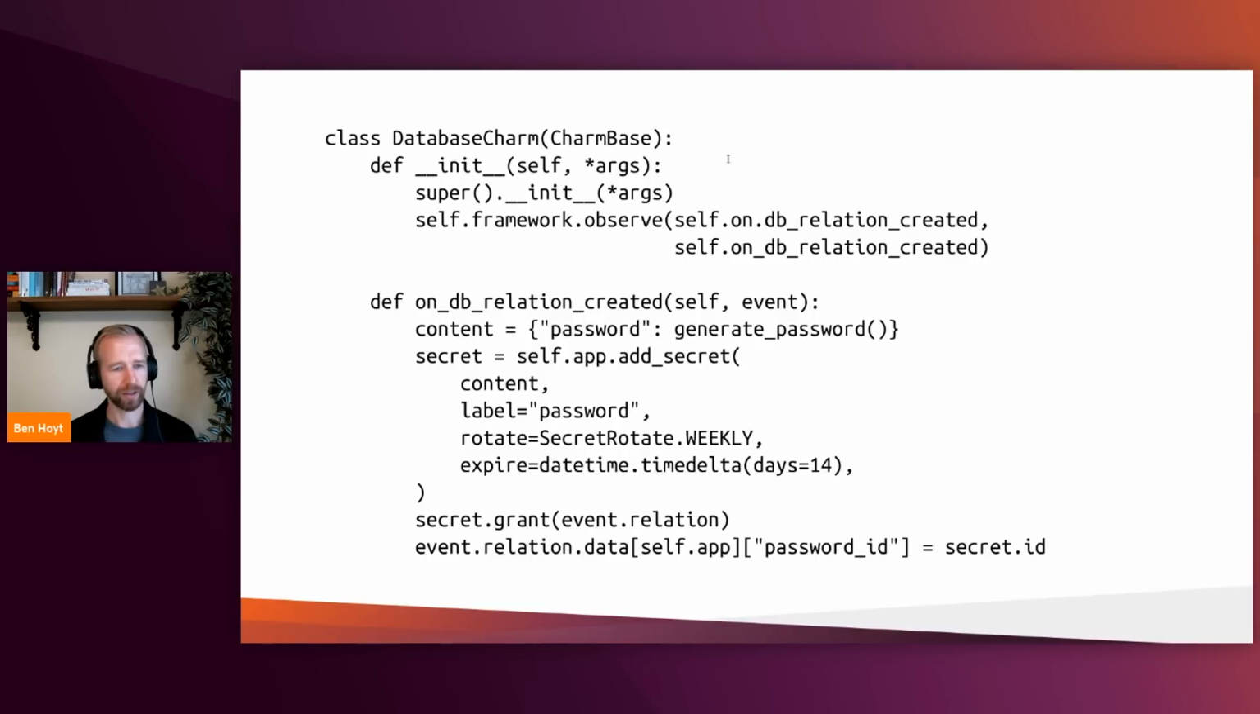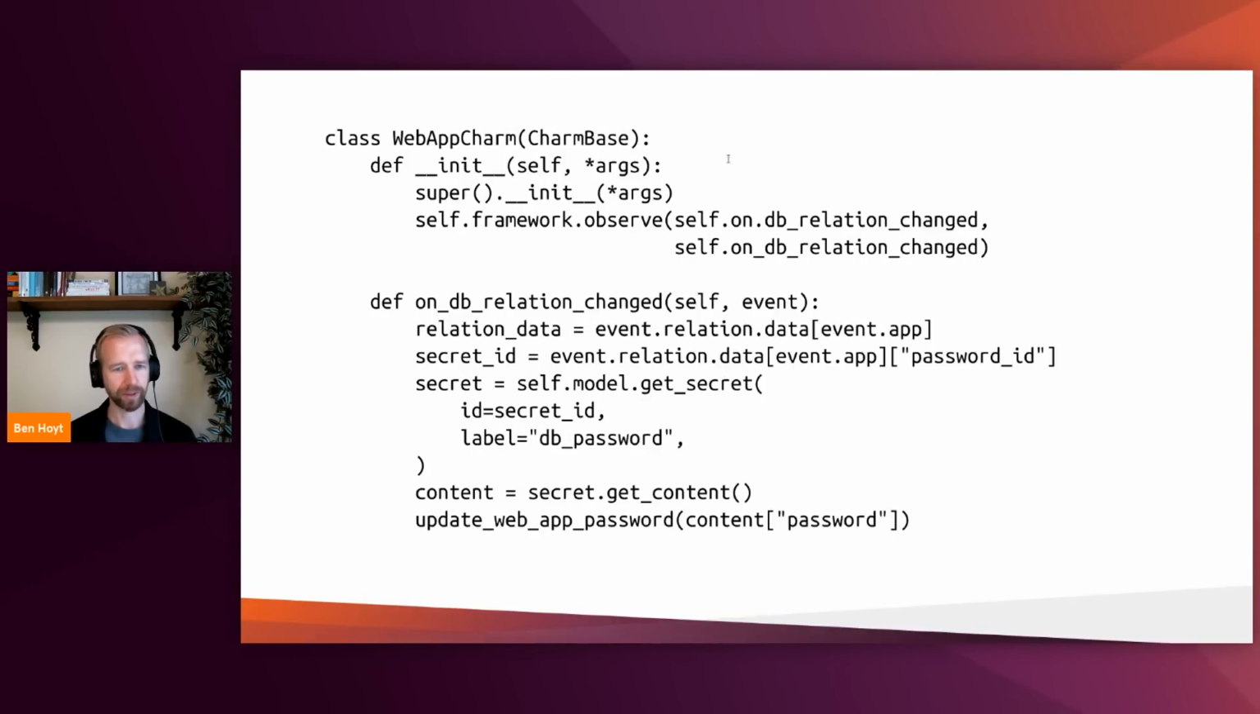And finally, the secret ID is passed using application relation data, using the name or key password ID. So that's how the other end will pick it up. So now let's flip over to the other end. Very similar structure. We observe in the init method, we observe the relation changed event, and in that event handler,